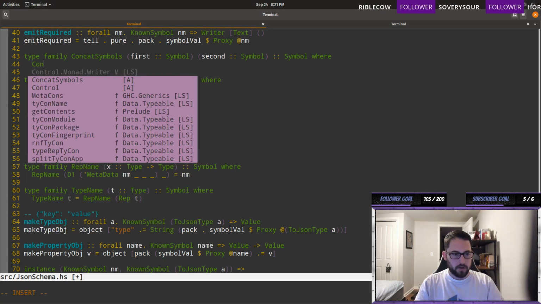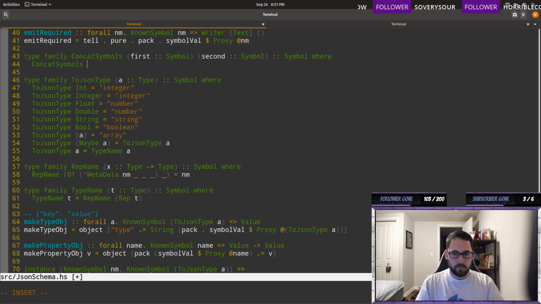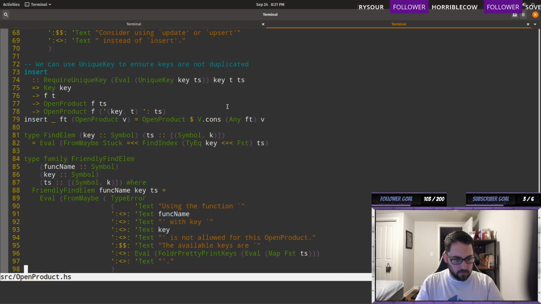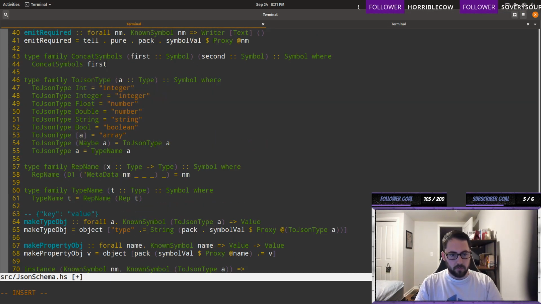So concat symbols first. Can I use the same names? Yes. First, second equals